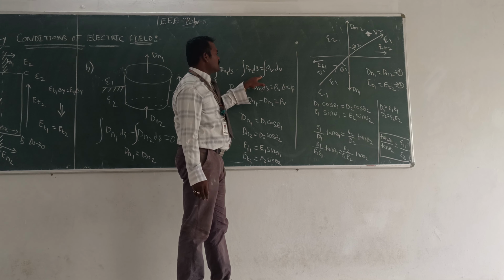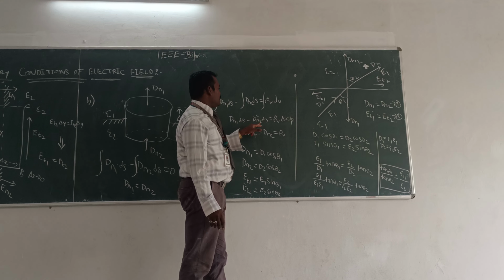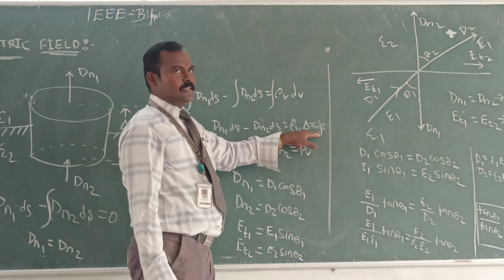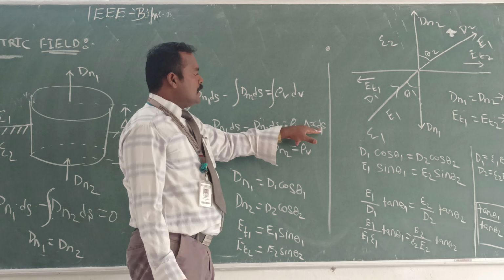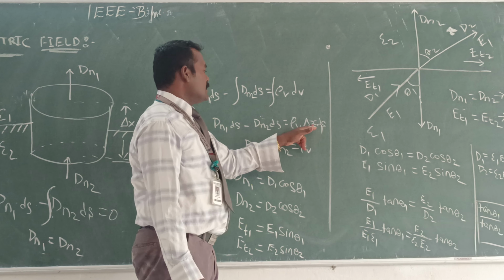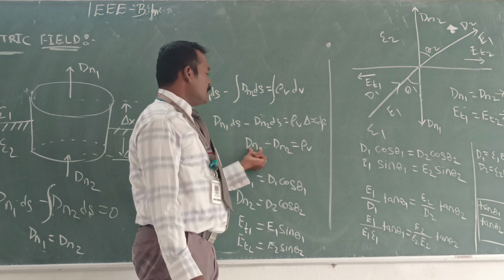Commonly available on both the LHS and RHS, so that we can eliminate it. Similarly, here instead of dV, we again converted into del x into ds. Del x is the length, ds is the surface area. So we converted, then we cancel it, and finally Dn1 should be equal to Dn1 minus Dn2